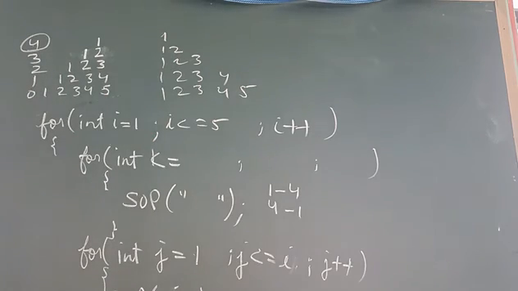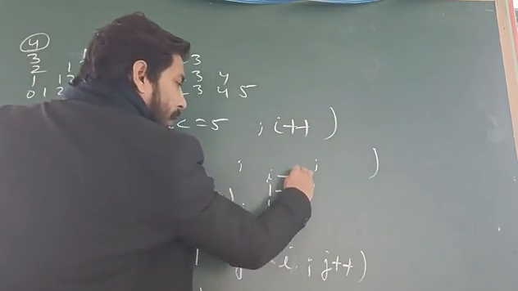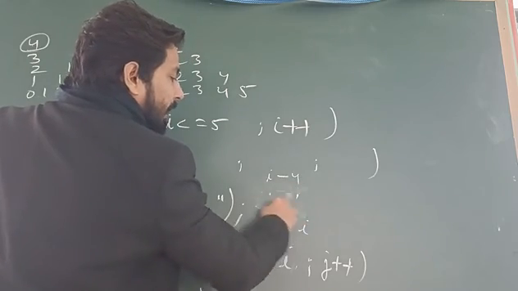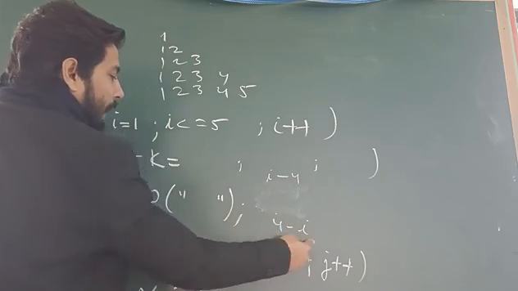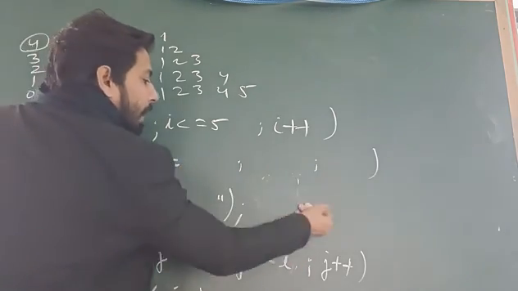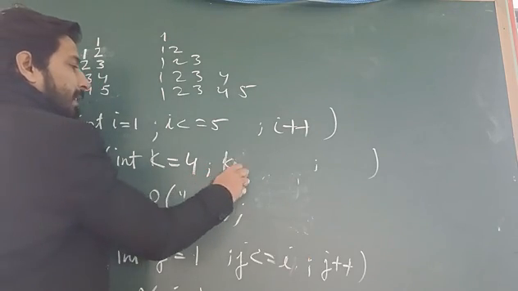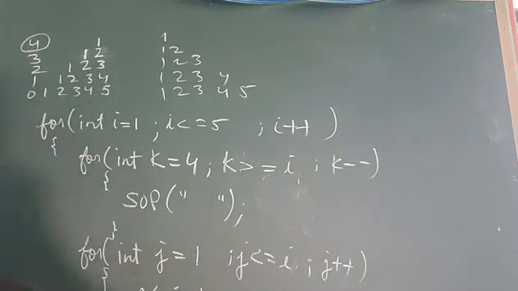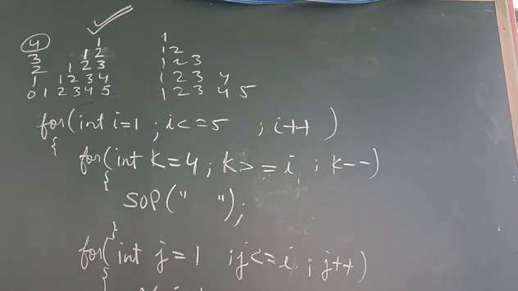It depends on you. So if you are starting with a variable with a 1, that means your i to 4 or 4 to i, because your 1 is held by the i variable. Who is holding the 1? That is your i. So either you start with i to 4 or 4 to i. So if I use 4 to i, it should be 4 here, and 4 is greater than or equal to i, and k minus minus. Now this loop will execute your pattern like this.